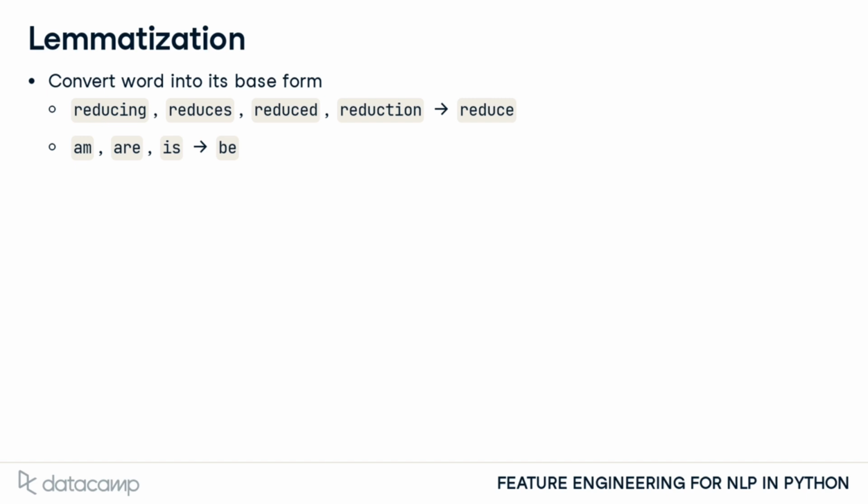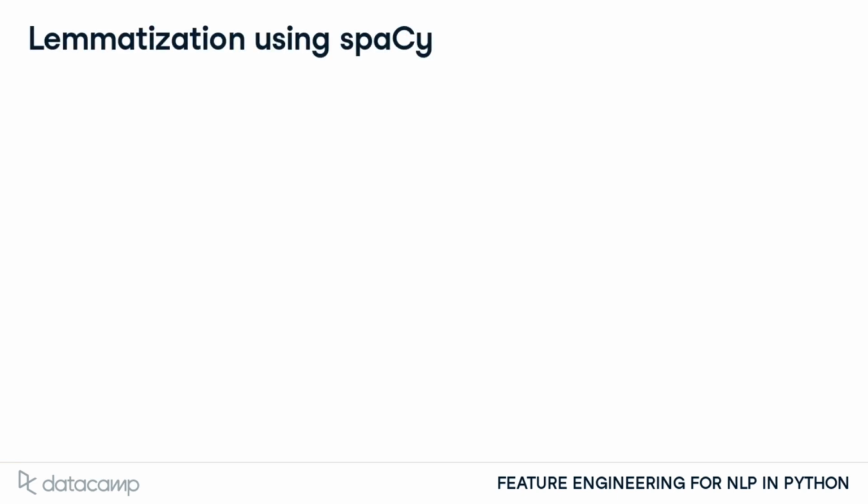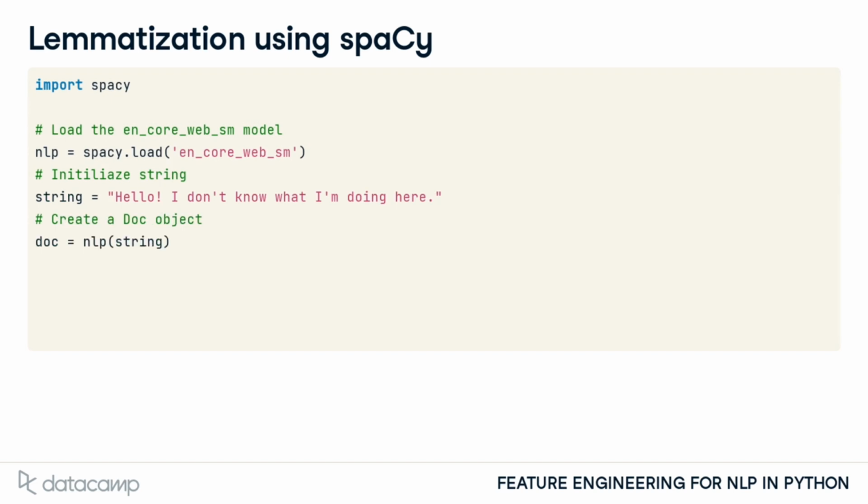Lemmatization also allows us to convert words with apostrophes into their full forms. Therefore, n't is converted to not, and 've is converted to have. When you pass the string into nlp, spaCy automatically performs lemmatization by default. Therefore, generating lemmas is identical to generating tokens, except that we extract token.lemma_ in each iteration inside the list comprehension